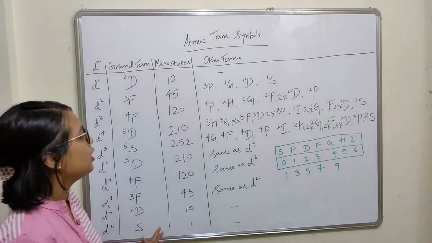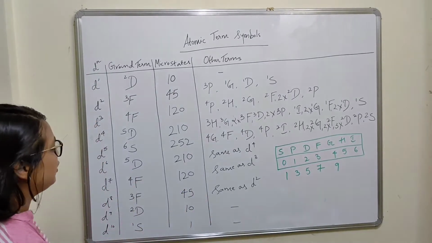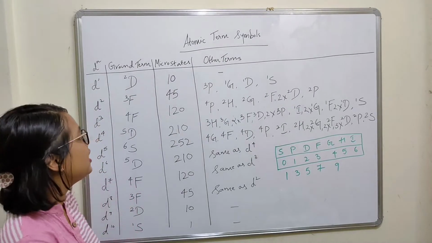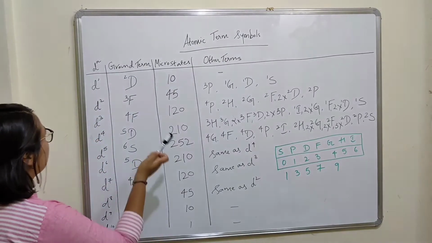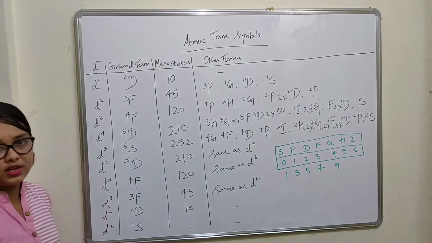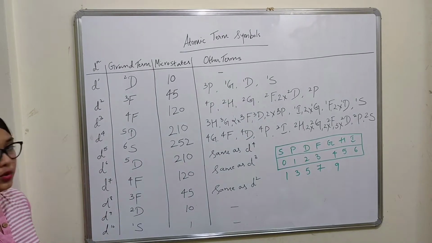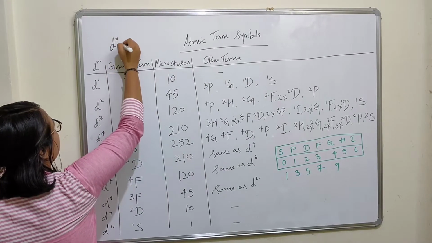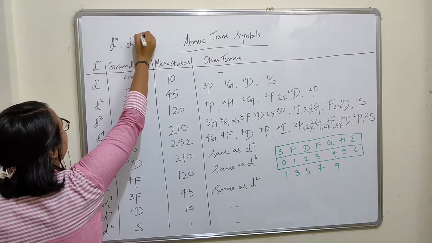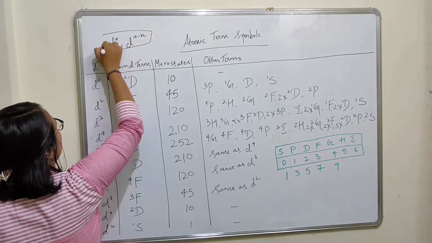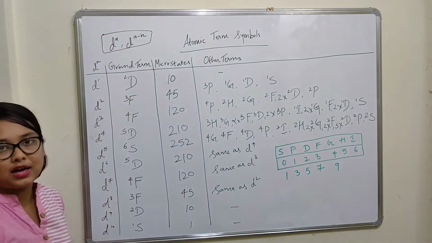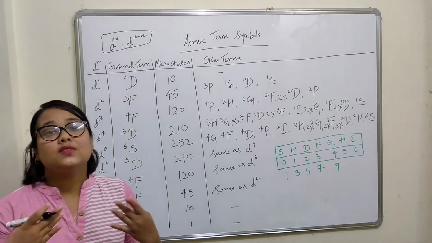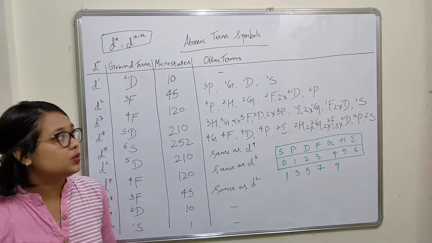Talking about this particular table, you can pick it up from any standard inorganic chemistry reference book. Last time, we started with all of these configurations, from D1 ranging to D10. Another important thing that I told you is Dn and D10 minus n. These are going to have a similar ground state term symbol. They are going to have a similar number of microstates as well.